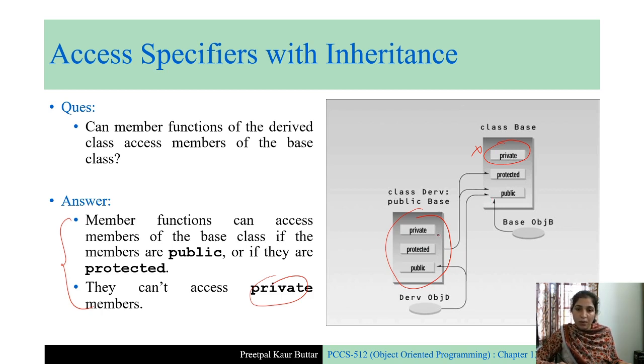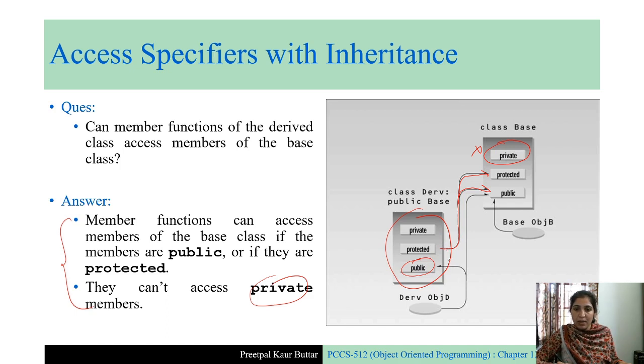Okay, so these protected members of the derived class, they can access other protected members of base class, and they can access the public members of base class. Okay, and public section, what public members can access?